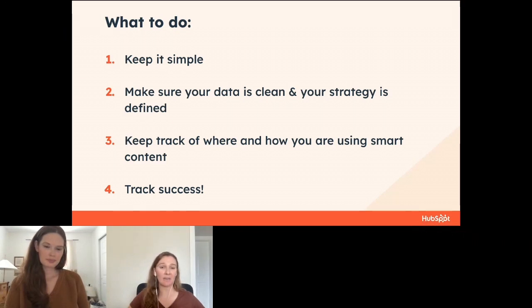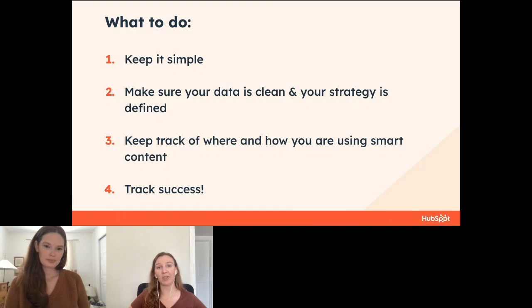And with that too comes making sure that you have a clear strategy for how you're personalizing and why you're personalizing, not necessarily just personalizing because you can, but being intentional about what you're hoping to add to that experience by personalizing. Back to Megan's point about what can go wrong with maybe something being smart content on the desktop view versus the mobile view, keep really clear documentation on what you are personalizing and what you're using smart content for,